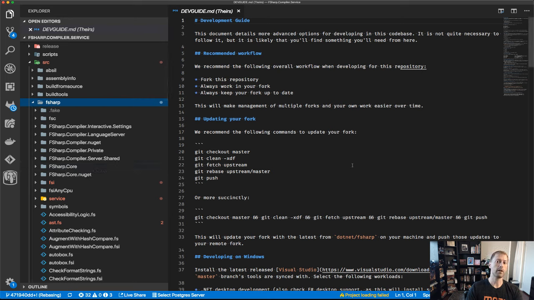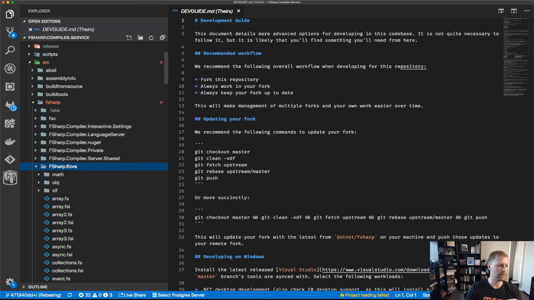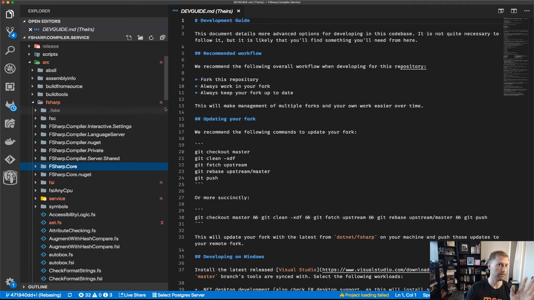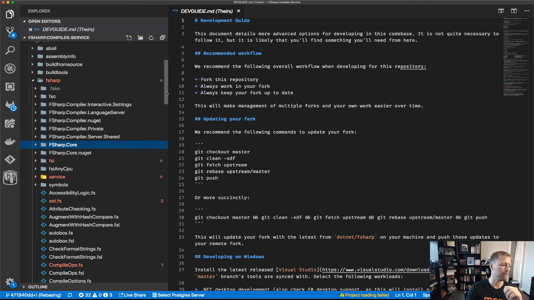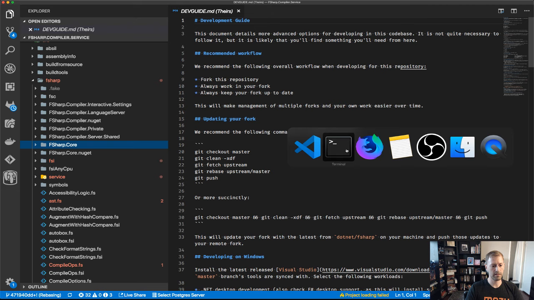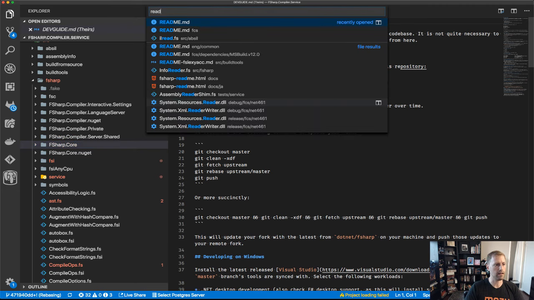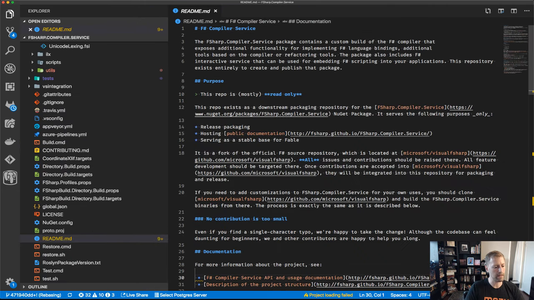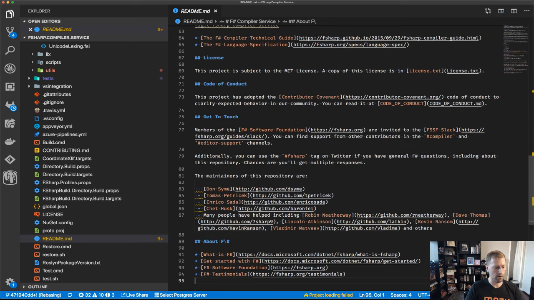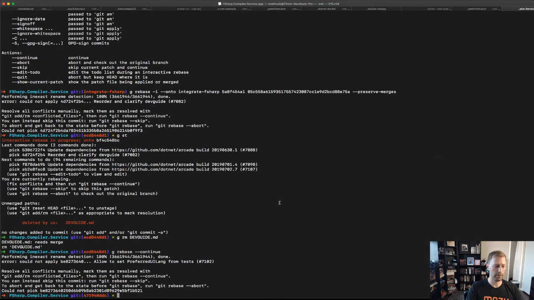It uses a NuGet package like any other library might. And so if there are conflicts in basically anything in FSharp core itself, we don't care. We just delete everything in here, almost everything. There are more instructions in, I believe, the README about what kinds of folders and files we delete. But